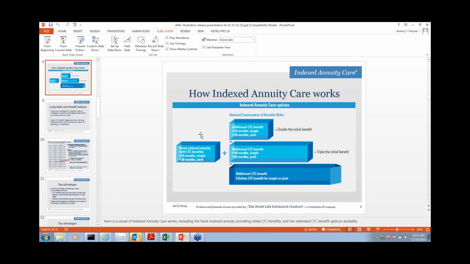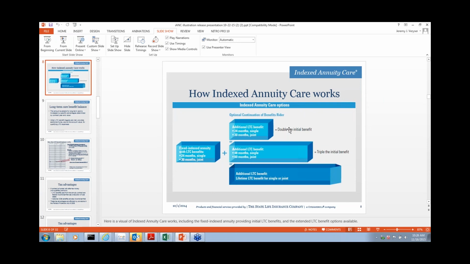Here we go. Okay, so here's your rider options. Now, the rider can be paid in full in a lump sum, or it could be paid as a fixed ongoing annual premium. There's a couple of reasons why you might do one or the other. Number one, if it was an incoming annuity with gain, non-qualified, you could actually tell us to include the rider